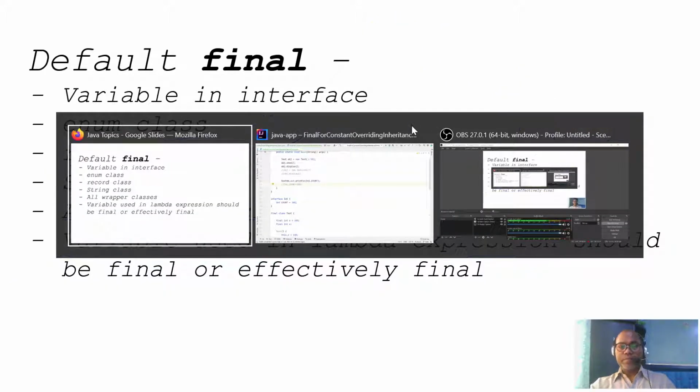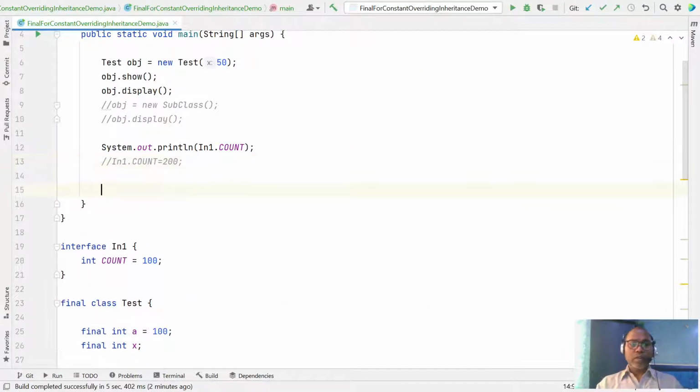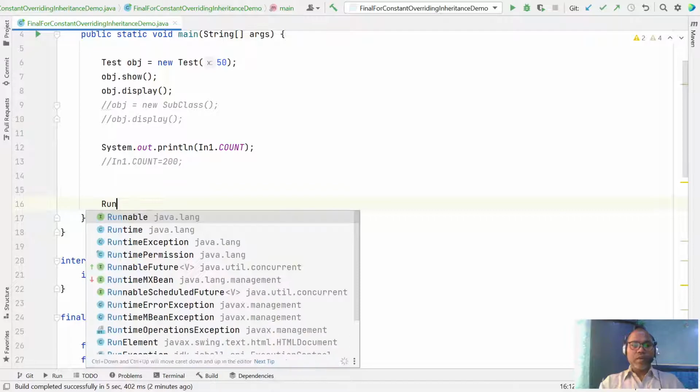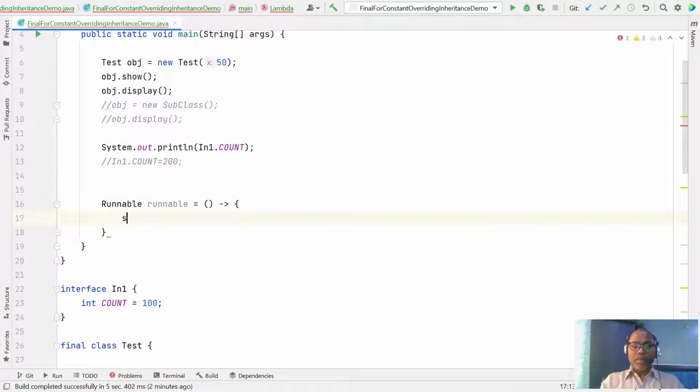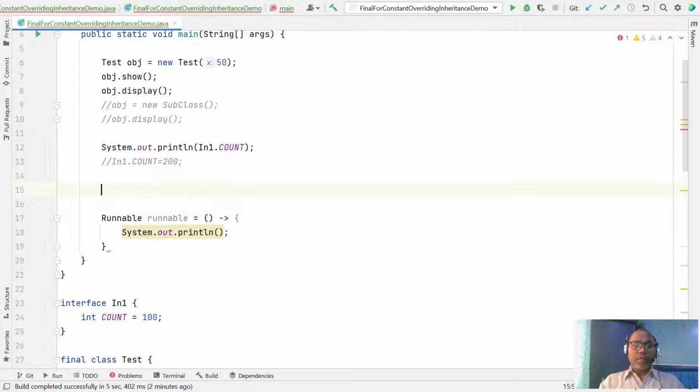Let us take an example. Let us say we have a Runnable, and you write one lambda expression like this, and here say System.out.println. Let's say we have a variable, int b = 20.